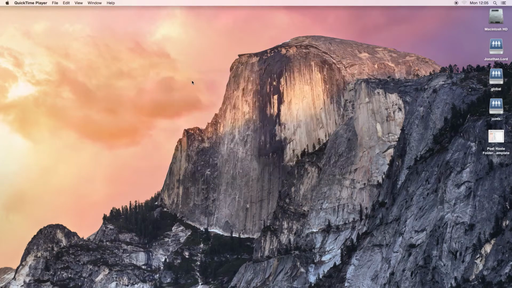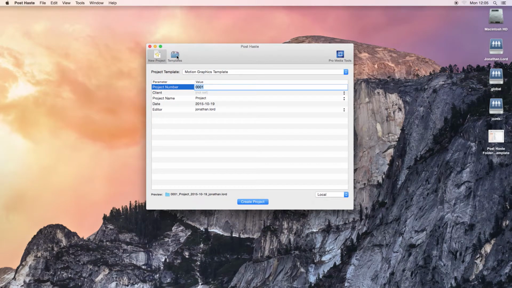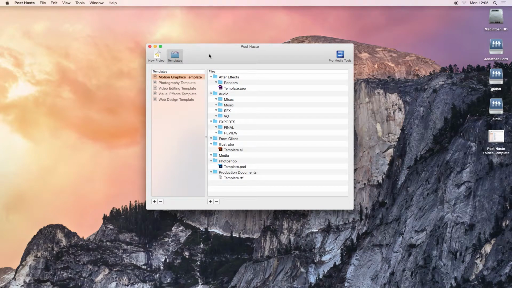So if we double click post-haste, the application will then open, and you're greeted with the main interface for the bit of software. So the very first thing you're going to want to do is set up your template folder. I've already done this for this computer, but you'll need to do it for whichever computer you work on for your video project. If you have a computer that you always work on, you'll only have to set up this template folder once. If you work on multiple computers, you'll have to set up this template every time you want a new project. But to start off with, if you want to click on video editing template,